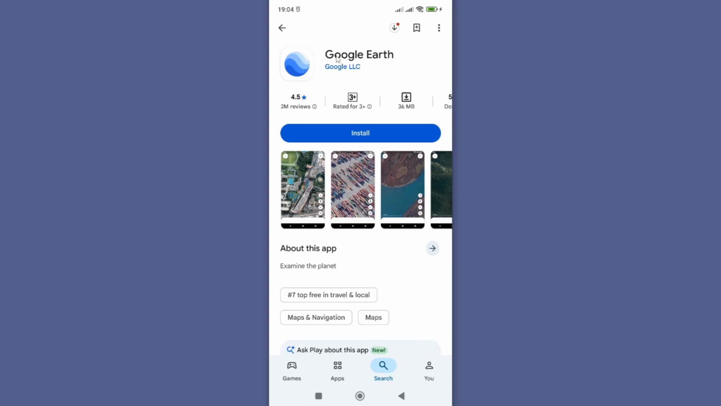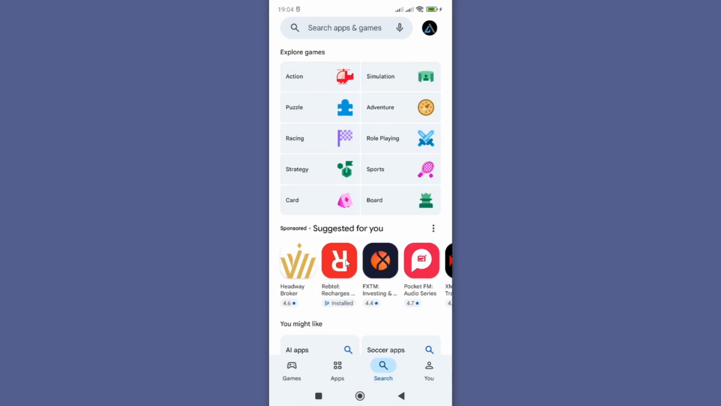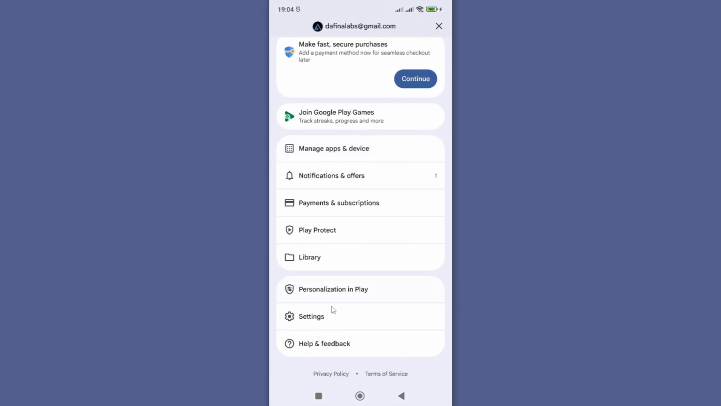Alright, if you have been trying to install Google Earth but you are unable, there are quite a number of steps you can take to fix this. In the first method, just go back to your phone and look for Play Store, and from Play Store here, make sure you are logged in with your Gmail account to install this app. However, if you're already logged in but unable, then tap on the profile icon here and go down to settings